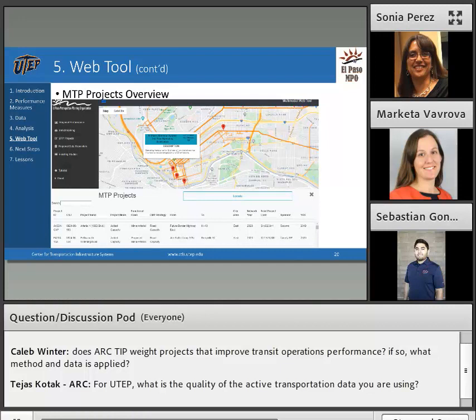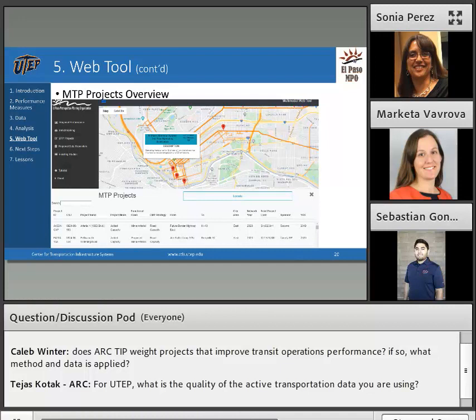And also, once you locate a project, it will show a pop-up window in the map. So it will take you to the project itself, and it will show you the little pop-up window. And it will include a brief description of what the project is about. And of course, the title.